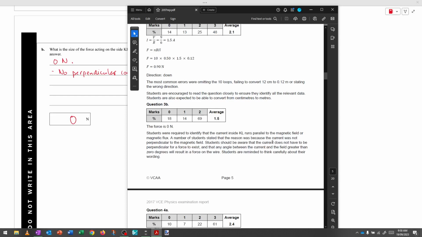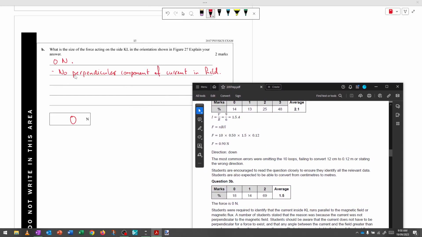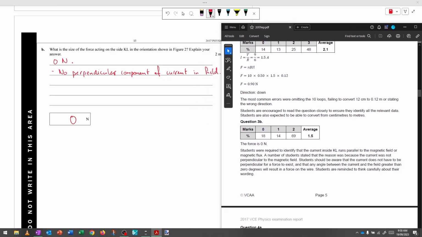Students should be aware that the current does not have to be perpendicular to the force to exist, and that any angle between the current and field greater than 0 degrees will result in a force on the wire. So that's different to what I've said. I've said there's no perpendicular component of the current that's in the field. I've not said that it is not perpendicular. So this statement here